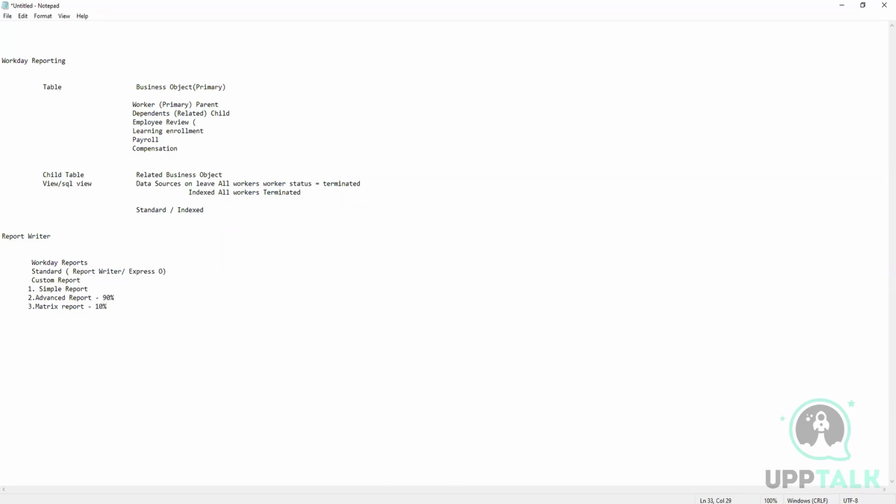So these two cover your complete reporting. Matrix report and advanced report will cover most of your reporting areas and most of the reports that you'll be creating. The purpose of matrix report is that it has the same options as advanced report, but it cannot be attached to integration, and the data in a matrix report cannot be integrated from one system to